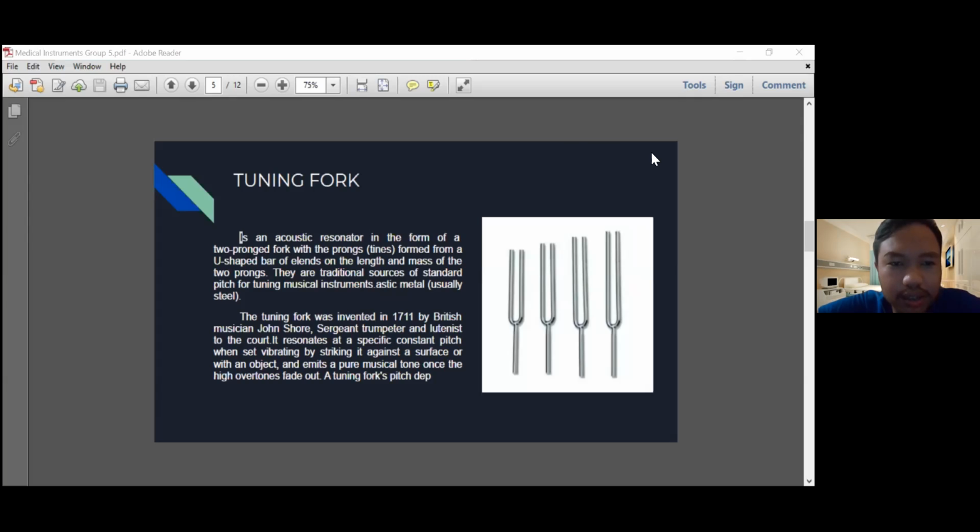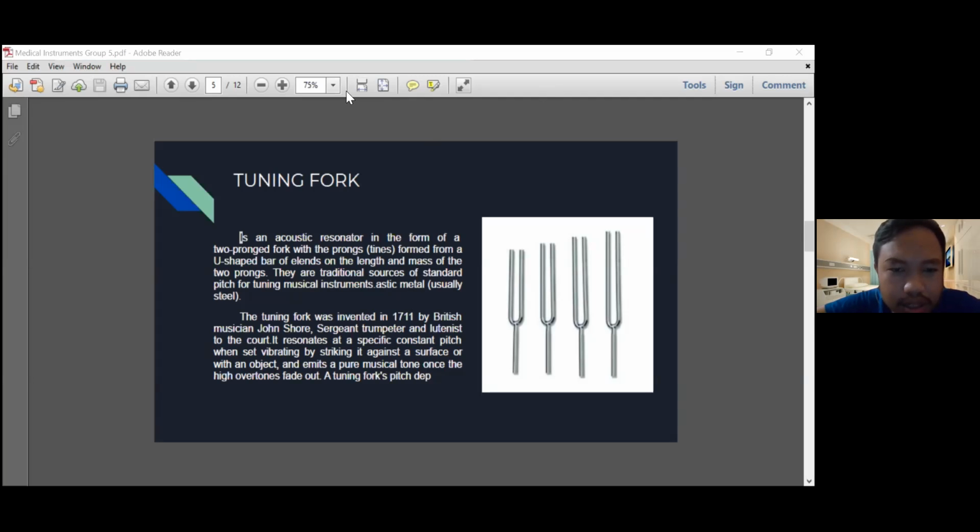A tuning fork is an acoustic resonator in the form of a two-pronged fork with the prongs or tines formed from a U-shaped bar of elastic metal, usually steel. They are a traditional source of standard pitch for tuning musical instruments. The tuning fork was invented in 1711 by British musician John Shore, sergeant trumpeter and lieutenant to the court. It resonates at